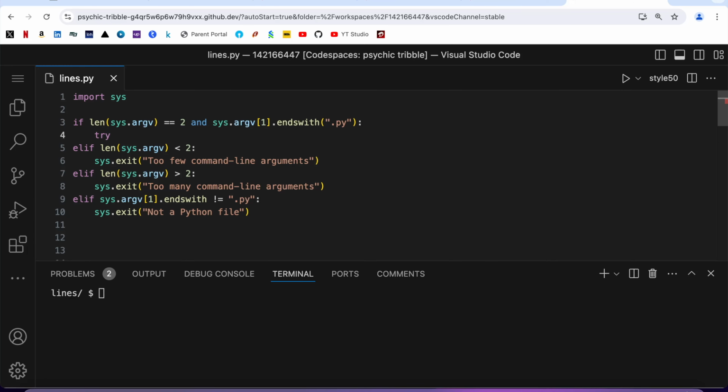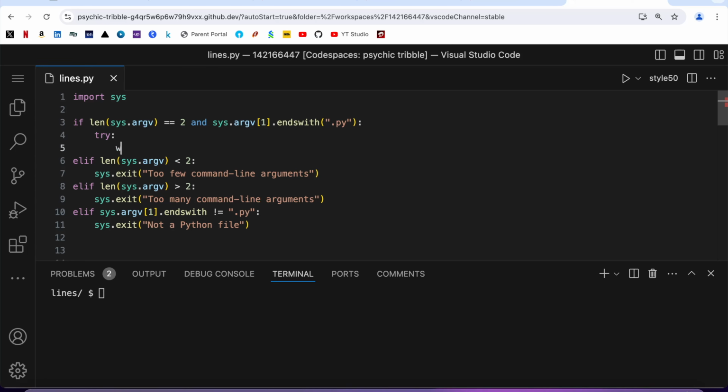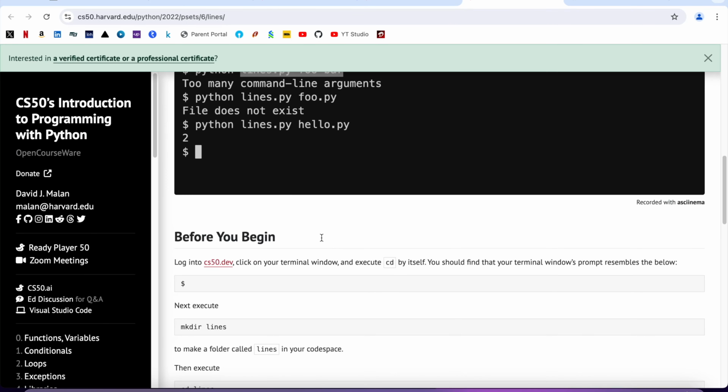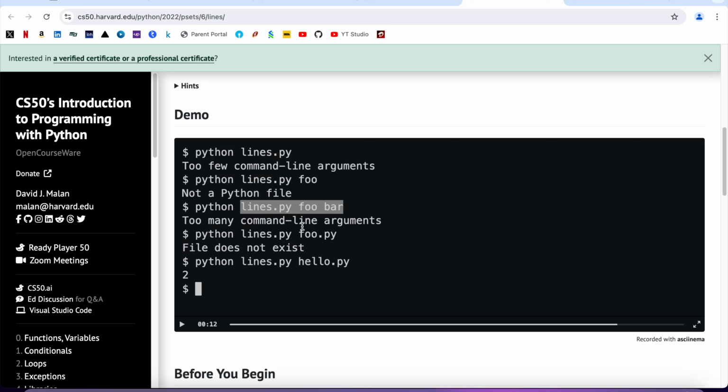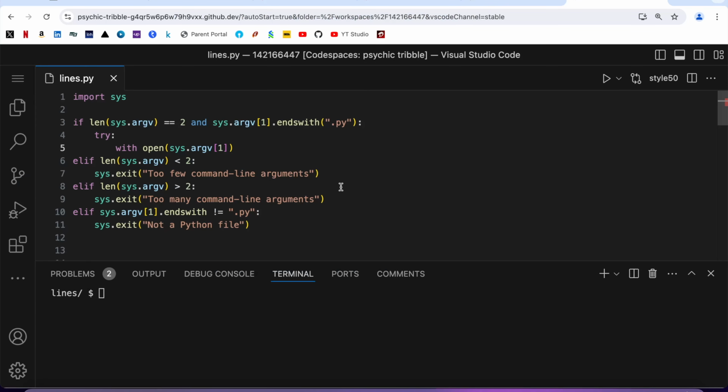So I am going to write here try with open. I am going to use with open sys.argv, because our file name is going to be at index 1. If I go here, so let us say the user has entered only this part, the highlighted part. So lines.py is at index 0 and foo is at index 1. So our file name is supplied at index 1. So I am going to open it as